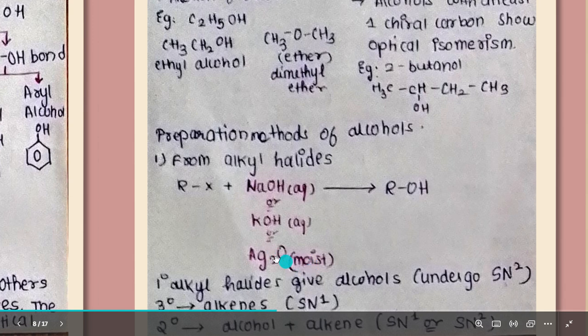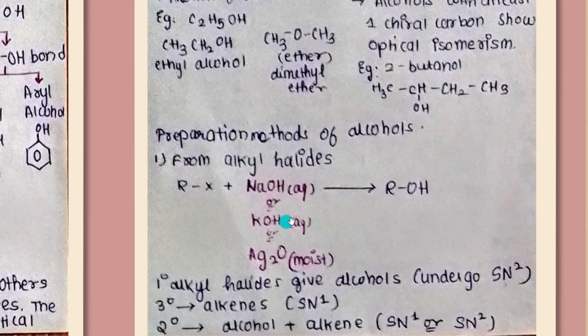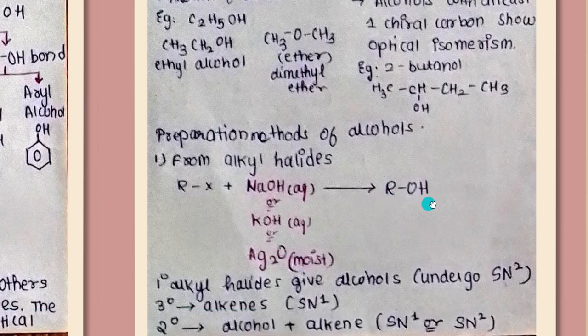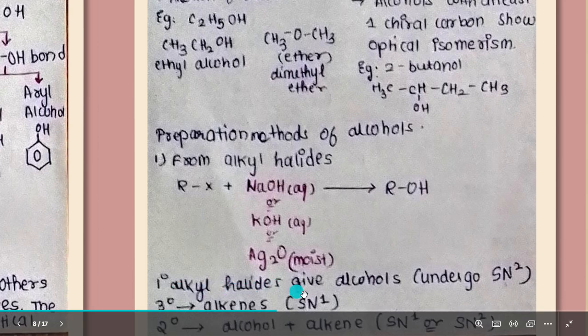H we want. Instead of X, we want OH, right? So we need water as well. That's why aqueous NaOH or aqueous KOH or moist Ag2O gives us alcohol, that is ROH. Now, primary alkyl halides give rise to alcohols, okay? But tertiary alkyl halides give rise to alkenes, and secondary alkyl halides give rise to both alcohols as well